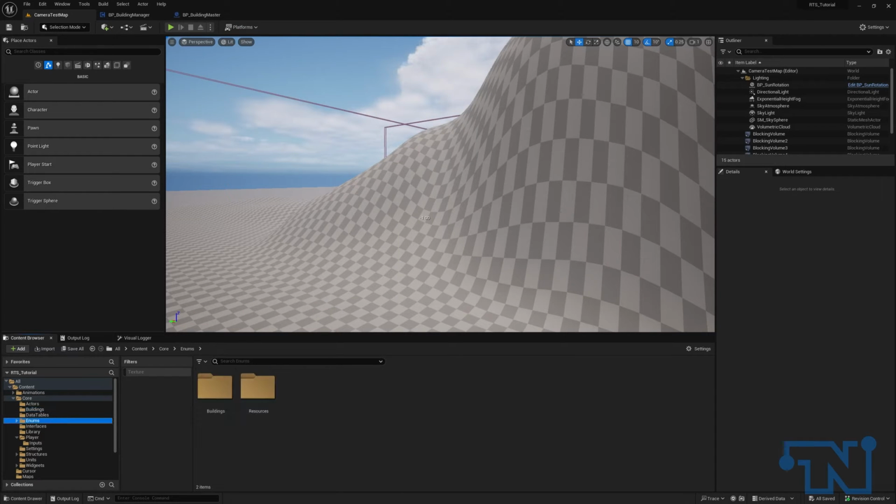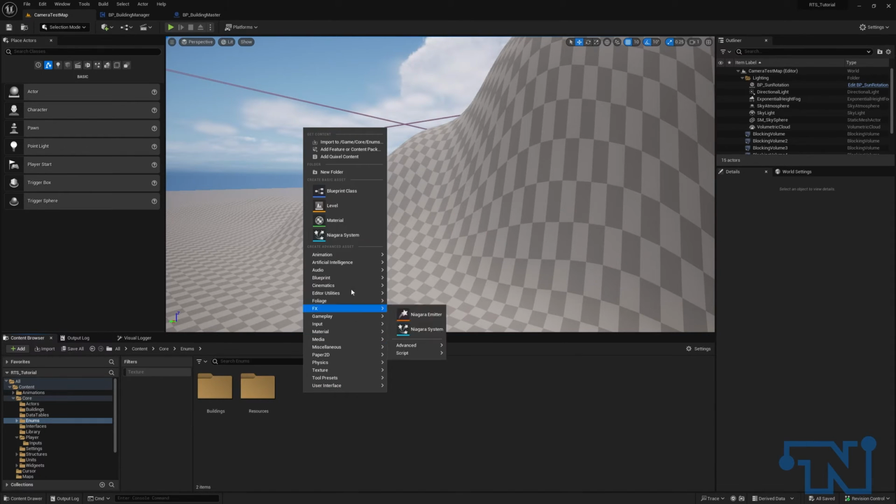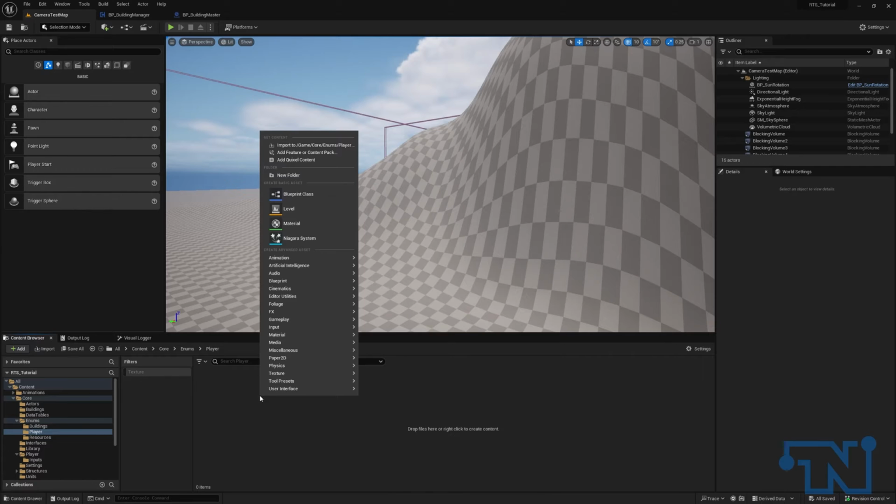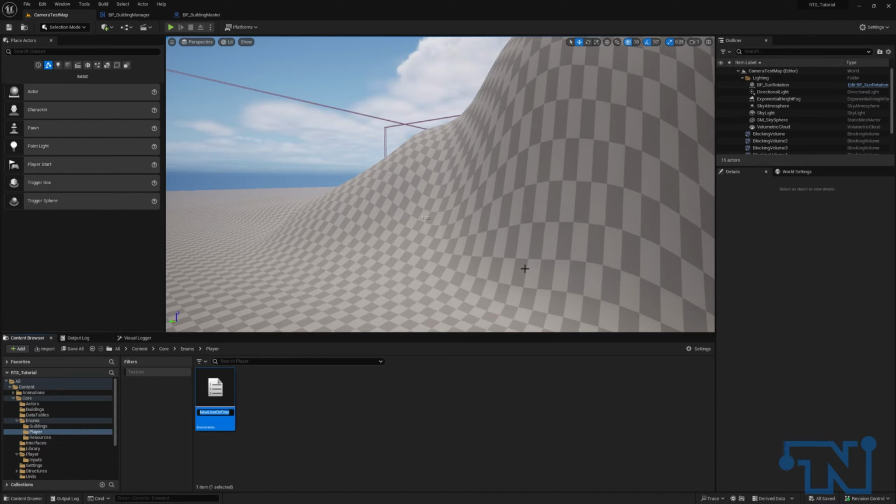Instead, I'm going to go to my enums folder, and in my enums folder, I'm going to create a new subfolder called player. Now, in the original RTS series, for those who watched it, there was a lot of Boolean logic we used to figure out what happened on left versus right click. Instead of using Boolean logic, which you really should not use for complex states like that, we're just going to use a simple enum. So I'm going to right click, go to blueprint, and select enumeration. And I'm going to name this